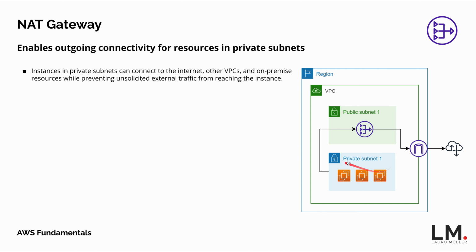So this is a classic use case where you would enable outgoing connectivity via a NAT gateway, and you would prevent incoming connectivity because the private subnet has no direct association to the Internet gateway. The public IP address of the outgoing request will be that of the NAT instance, so it's going to be this one, and then the NAT instance or the NAT gateway is going to take care of this network address